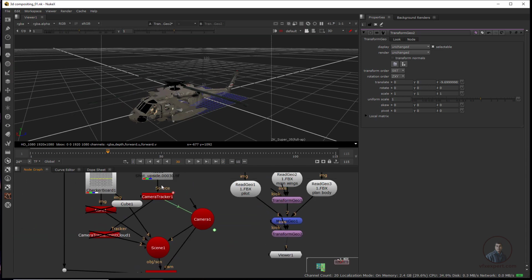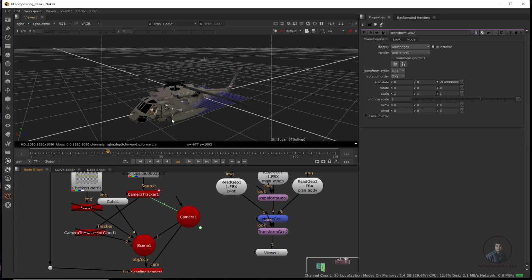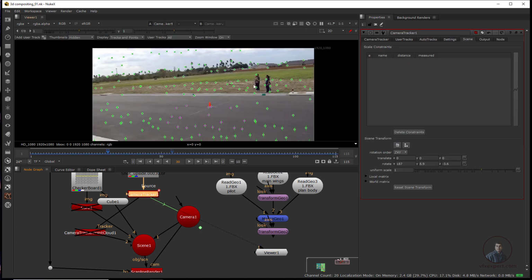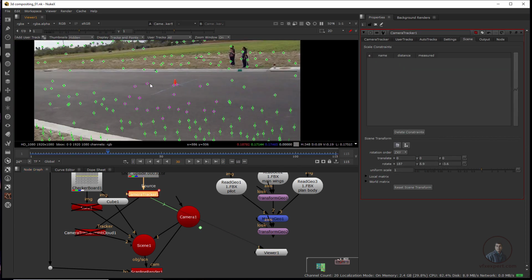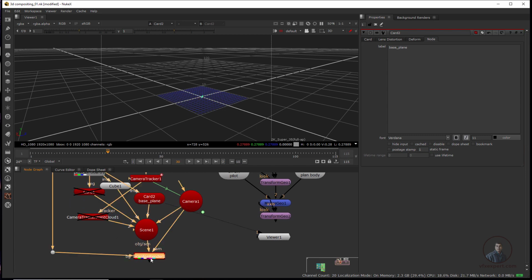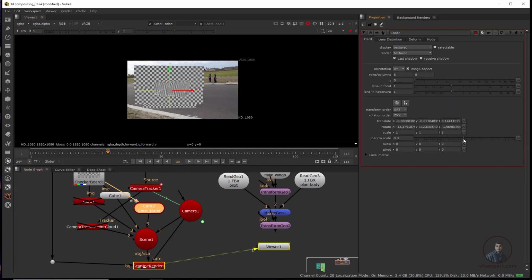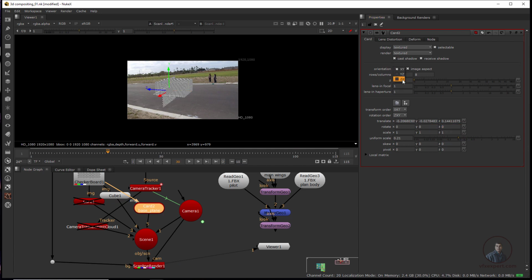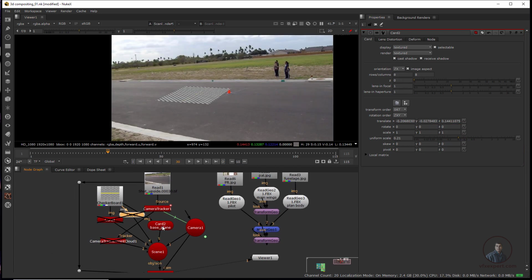Now temporarily, first I am going to take a card here as a reference where I have to place our plane. Select this one and press 1, double click here, so easily you can see. Just in the center I am going to take it here. Now double click here and uniform scale like this. Just for reference, where you want to place your plane. Okay, so it will help you. Now maybe scale it a little bit.